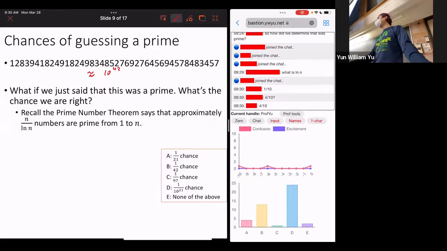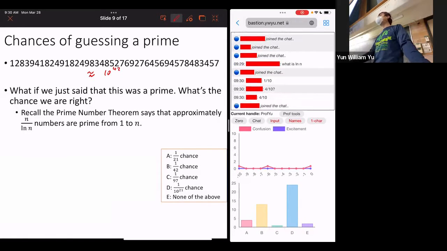Now, suppose I gave you a number between 1 and 100. What would the chance be? Obviously, you'd have to look at a list of all the prime numbers between 1 and 100, but the chances aren't that low. I think there's something like 20 or something. I don't actually know how many there are. But from 1 to 10 to the 42, it turns out that there are actually a lot of prime numbers. And so your chances aren't so bad because